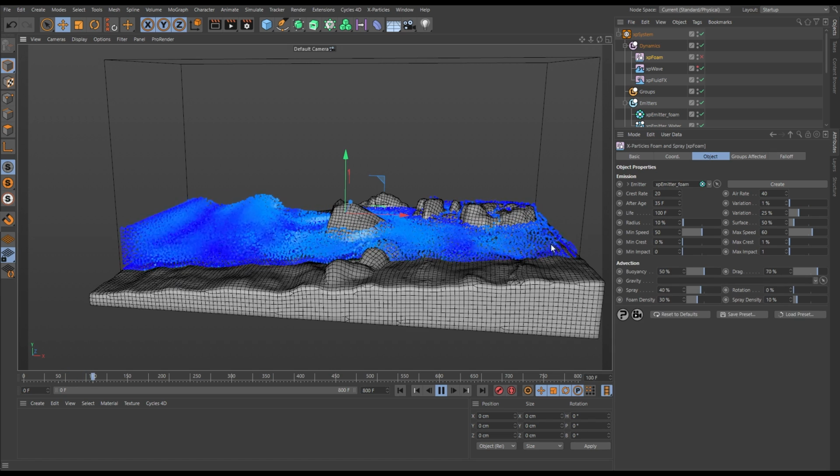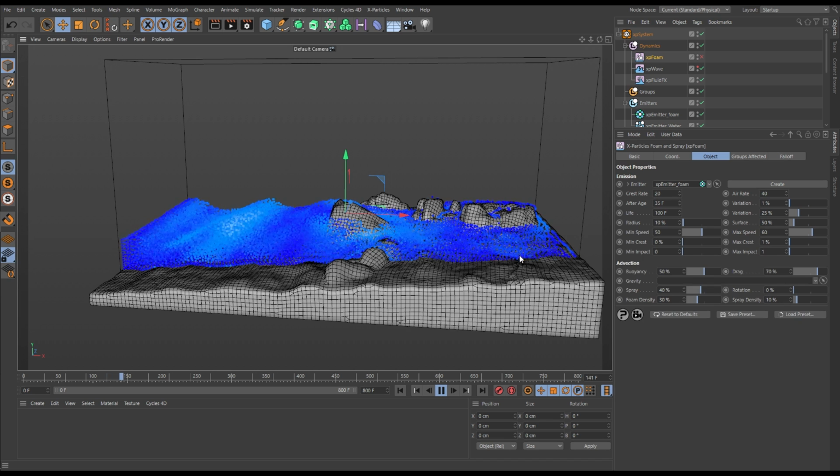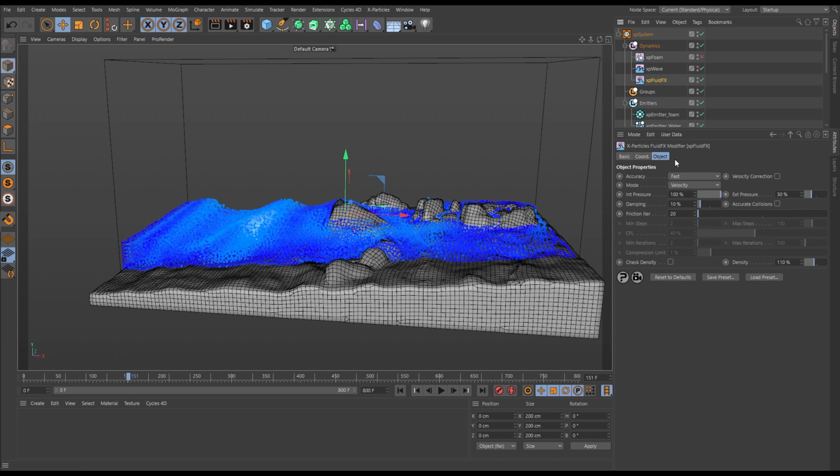That's indicating that the velocity of those particles is changing quite markedly from frame to frame. That's because the velocity solve isn't very accurate, because we've got xpFluid effects set to fast accuracy. To have a more accurate velocity calculation, it needs more substeps. So if we had a more accurate velocity calculation, you wouldn't have as much kind of frenetic movement here in